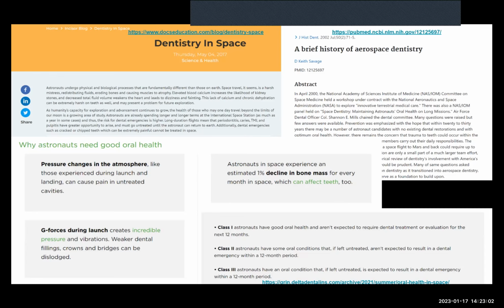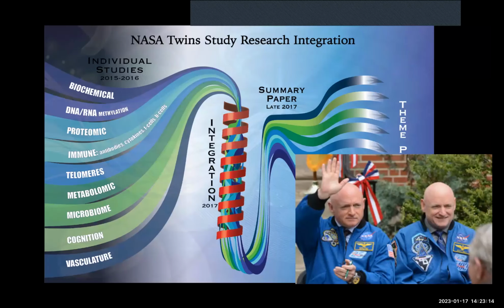So here's a snapshot that was published in Science in 2017, and this is the famous NASA twins study. And so basically there's two identical twin astronauts, Mark and Scott Kelly. Scott Kelly was up in space for approximately 1 year, his identical twin, and they're both Navy test pilots. They're both NASA astronauts. Mark was on Earth, and so they did the most comprehensive study of humans in space,